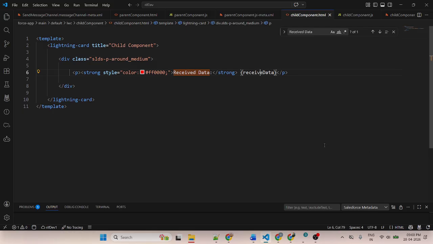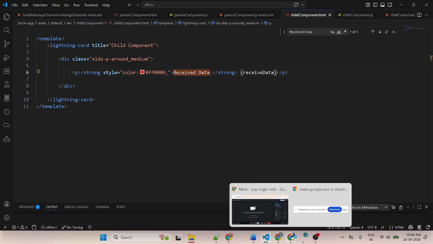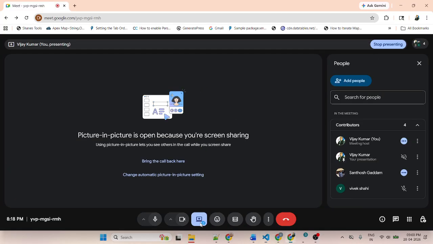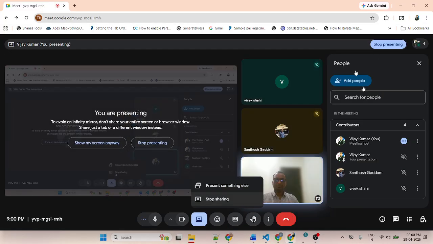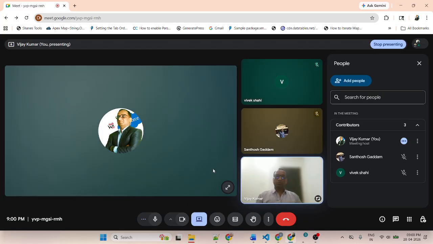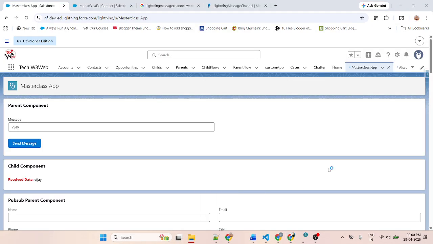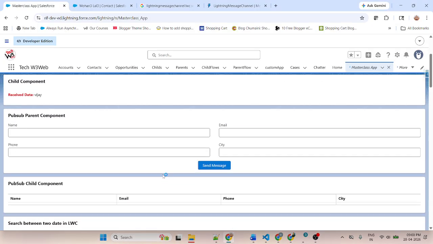Got it? So from your side, create multiple components similar to a PubSub model, like the one we created yesterday.